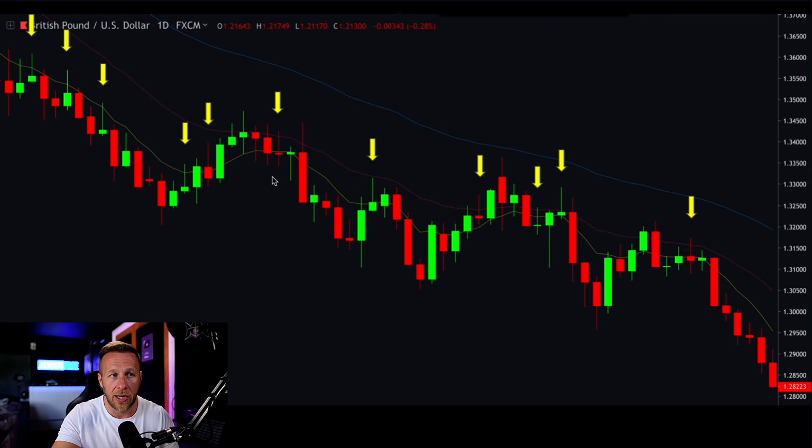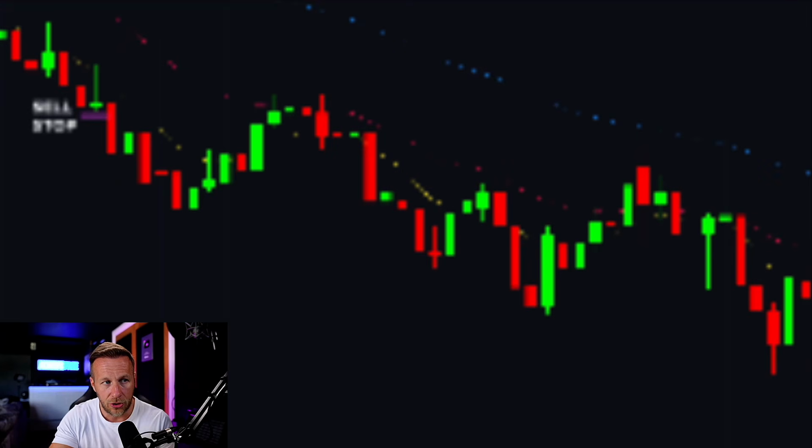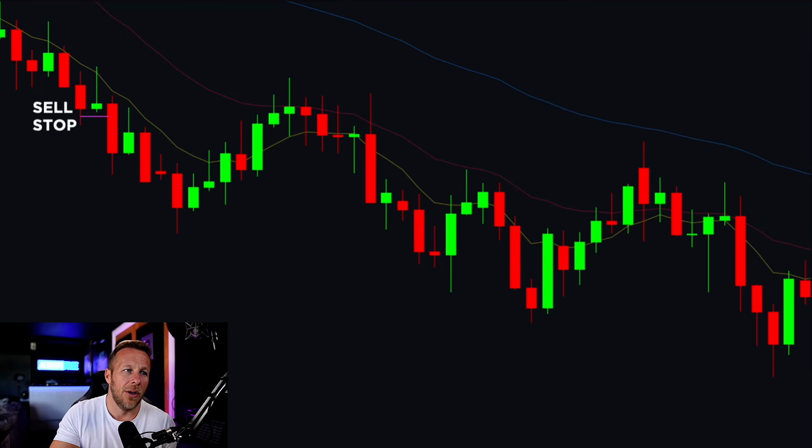You're not going to have as high quality setups. You can see one here, you can see one here, you can see one here, and these are what the price action patterns look like, touching or being above that exponential 8 moving average in a bearish trend. Okay, so first things first, when we get our entry signal, we're going to use this one as an example,